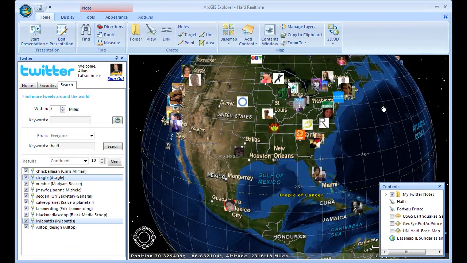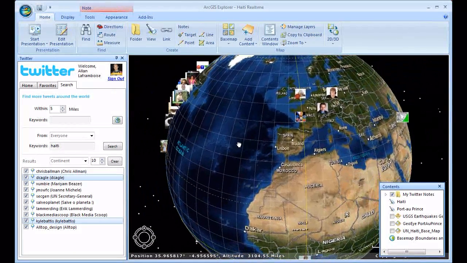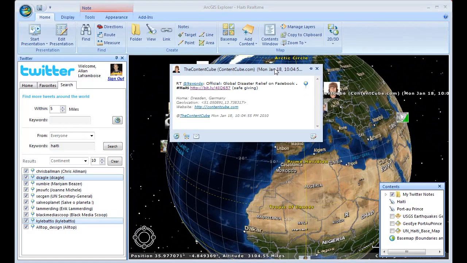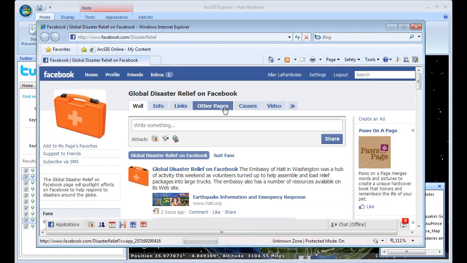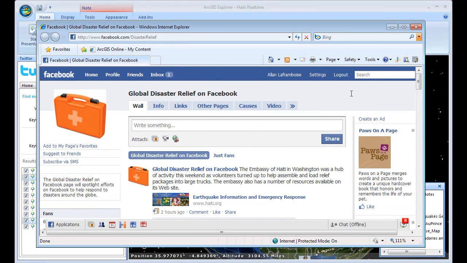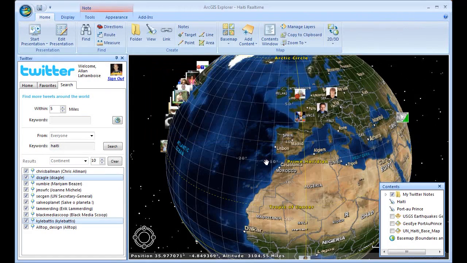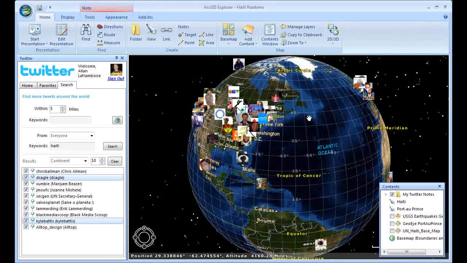Okay, now lastly, if you look around the world, this particular query gives us sort of a global perspective and global view of what people are saying everywhere. So if we click over here in Germany, we can see that someone's posted a link to another site that they wanted to share, and this is a Facebook page for global disaster relief. So people are sharing and collaborating on this page as well for different disaster situations, including Haiti. Okay. So using Twitter in this sense gives us a global perspective of what's going on. So what I'm going to do is just clear that search,